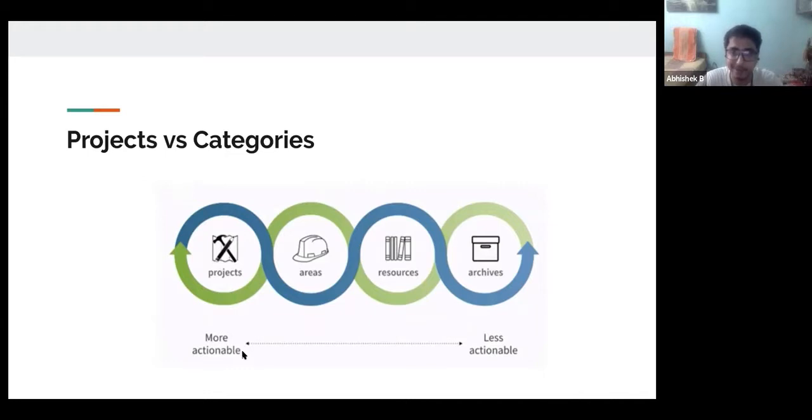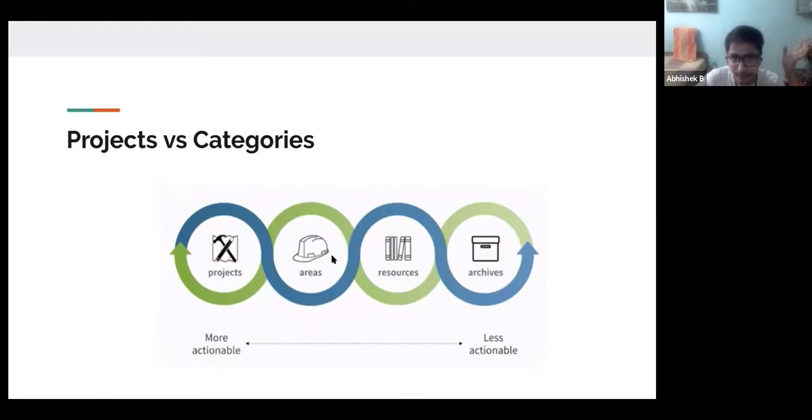This is the factory thing: what input is coming into the system, and the output is, let's say, the blog posts coming out of PARA, the projects that you're shipping. I think that's essentially the differentiation.